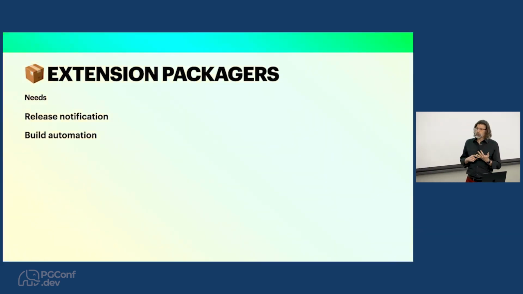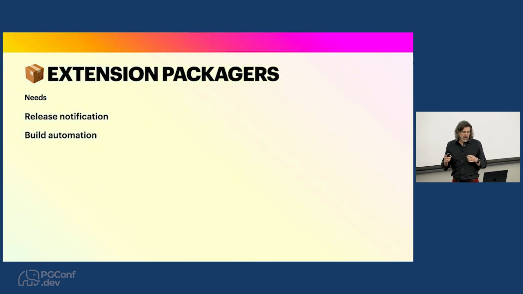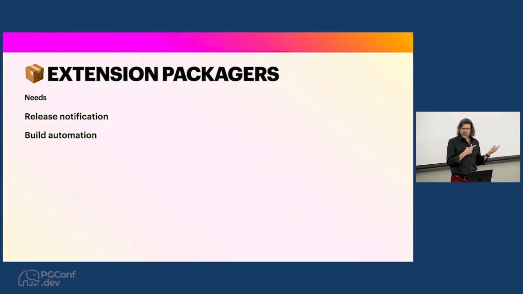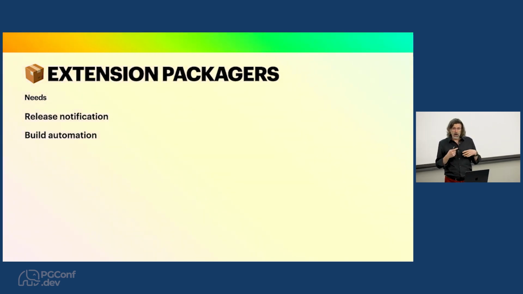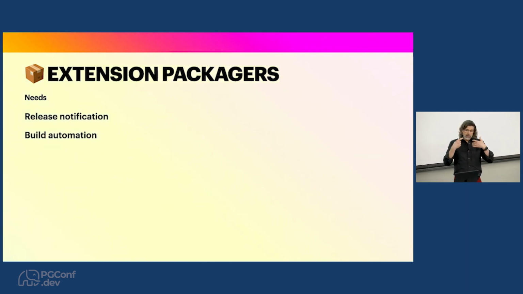They need to know when there are new releases of extensions so that they know to update them. This is because almost always the person who maintains the extension does not maintain the operating system packages. So the packagers need some way to be notified there's a new release so that they can go and update this stuff. Ideally, they could get to a point where they're comfortable with it or they have some sort of approval process where they could automate some of this stuff. So when there's a new release, they can be notified and just do a build and publish it or work it or put it in some sort of approval pipeline.